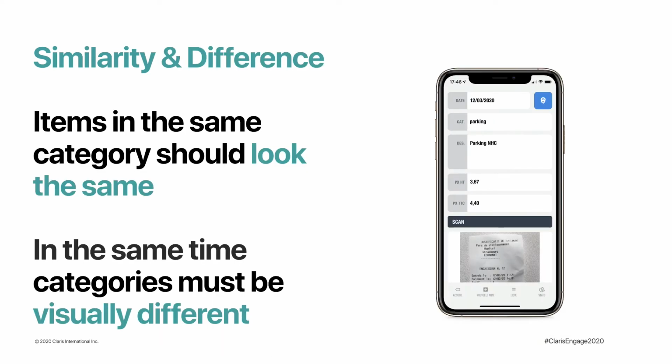The rule of similarity implies that all the elements of the same category are visually alike. At the same time, you must create strong visual differences between these categories to prevent the user from making misunderstandings. As an example, I show a FileMaker Go expense solution. My fields, labels, and section titles have their own style. So my user cannot confuse titles and labels, for example.